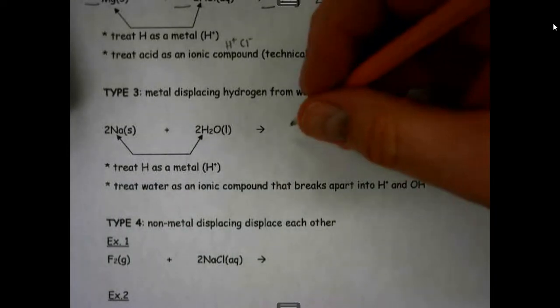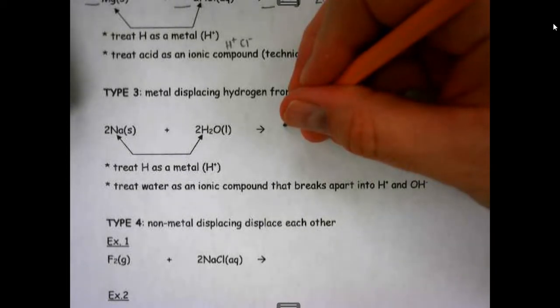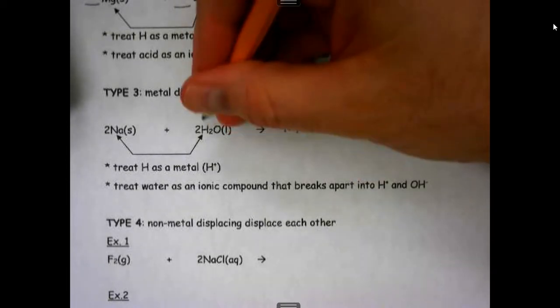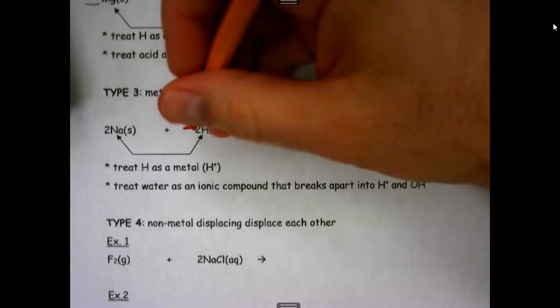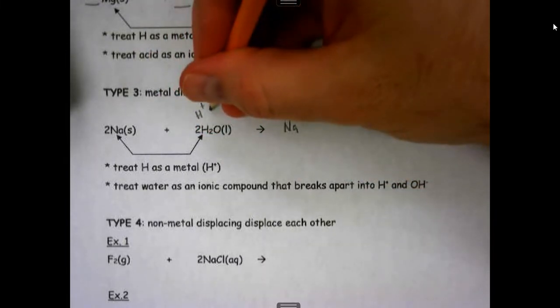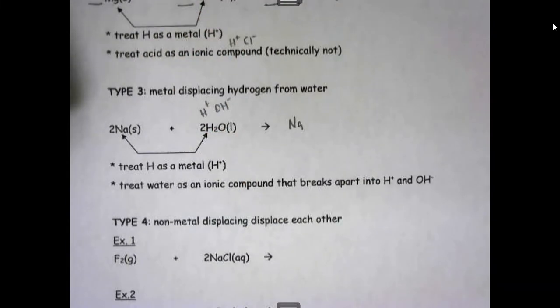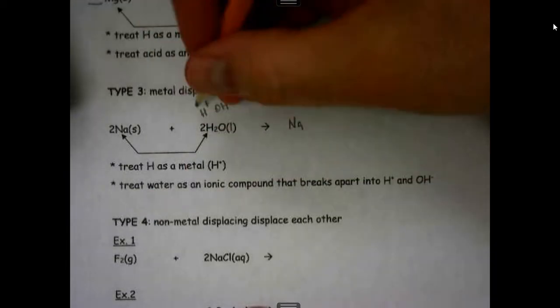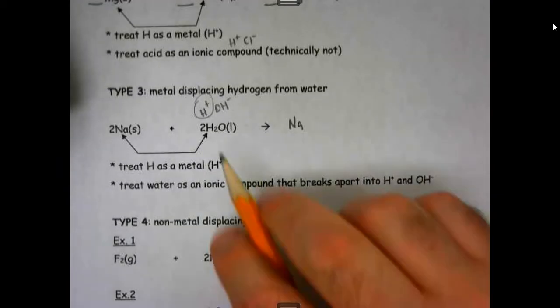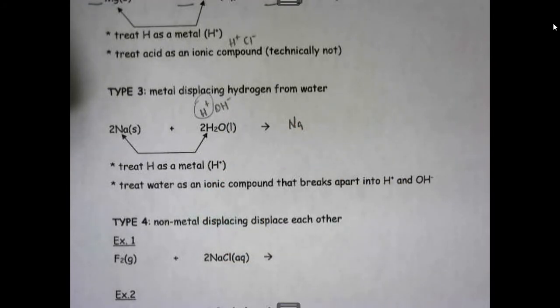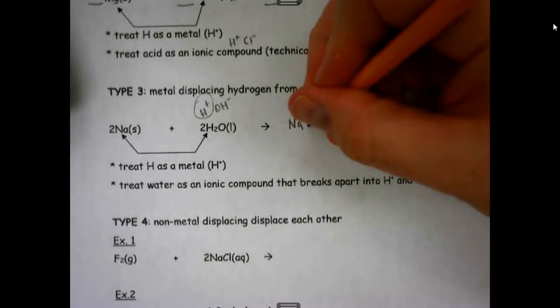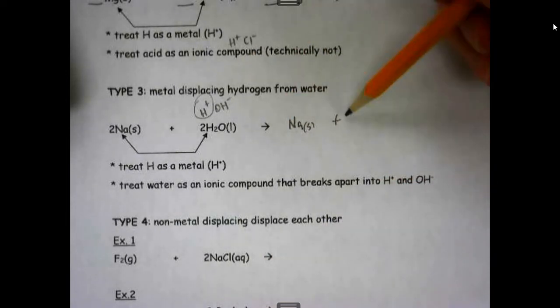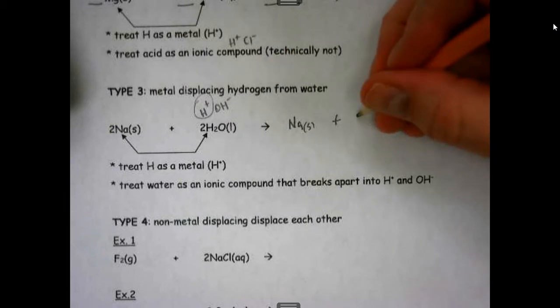So then we just simply rewrite. So it's going to be Na. Now we treat this as H+, OH-. I mentioned it down at the bottom there. Okay, that's how we're going to treat the water. So the sodium is going to displace this hydrogen. These other 2 are going to be intact. So sodium comes out, and it's a solid. All right, plus, and it's going to be Na